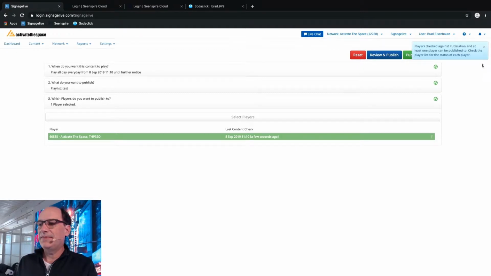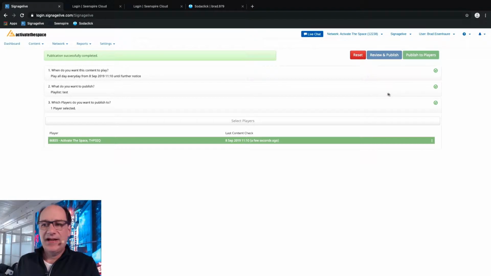Now the final step is what everyone forgets, is to push this Publish to Player button. So I get a lot of support calls afterwards. People hit publish and they go, nothing's published. It's because they haven't hit this Publish to Players button. That's an important step. So now it's publishing out to the players, and we'll be seeing the content in just a minute. Usually it takes anywhere between 3 to 5 minutes to play, depending on the settings of the players and where you're at.